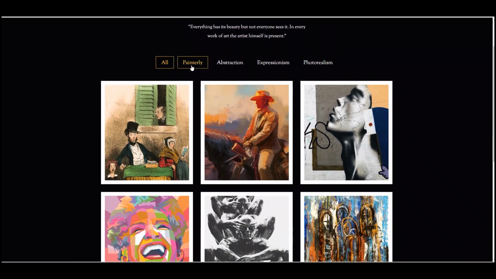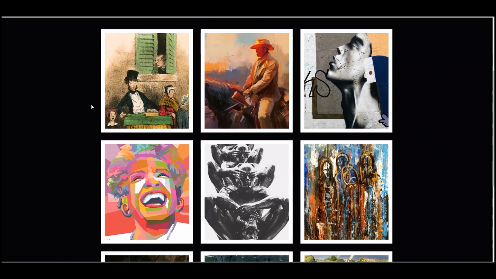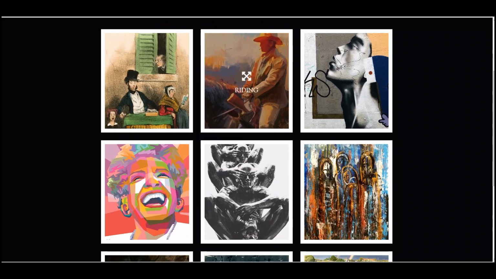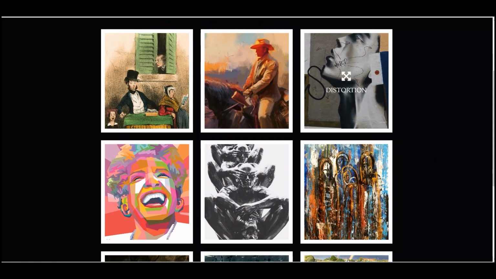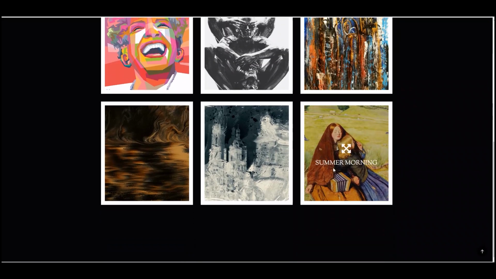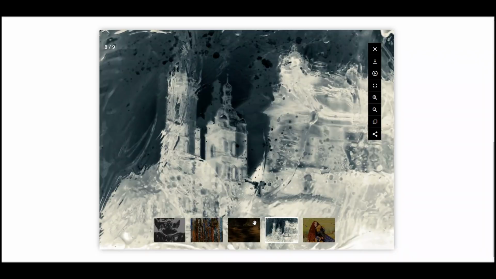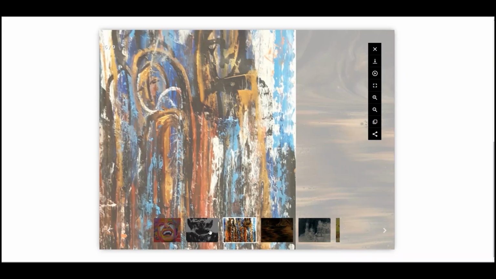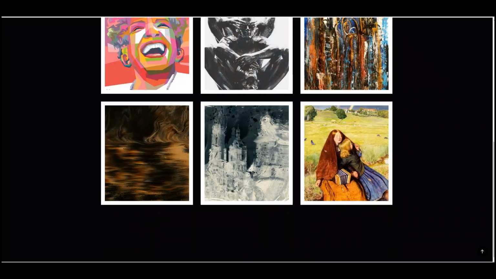Here you can see the simple gallery widget is used to showcase the beauty and details of each artwork, making it perfect for the artist and galleries. Simply, you can hover over the image to see the details. And look, this is how you can take a look at the artwork in a very detailed way.